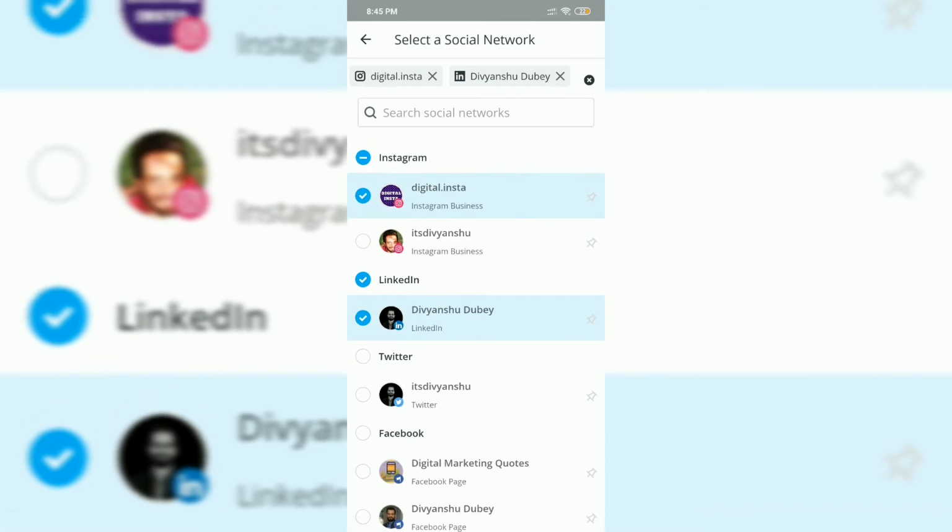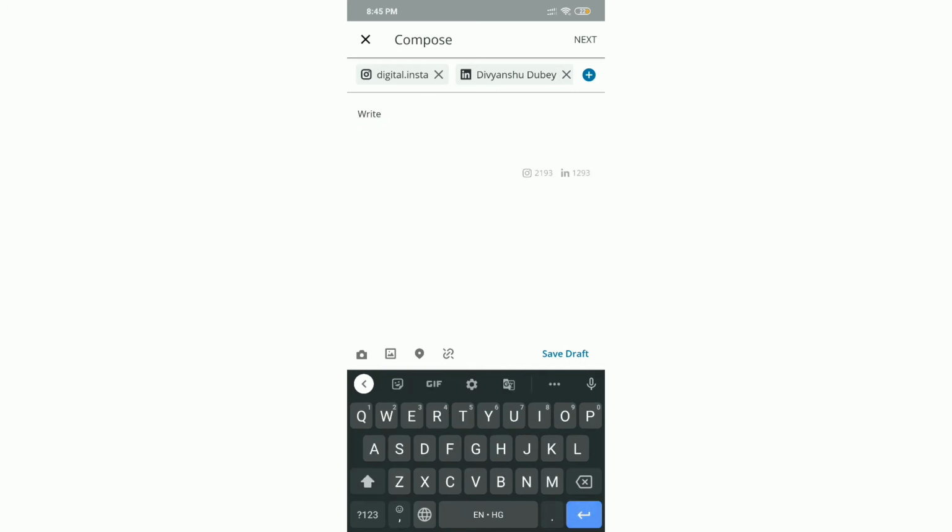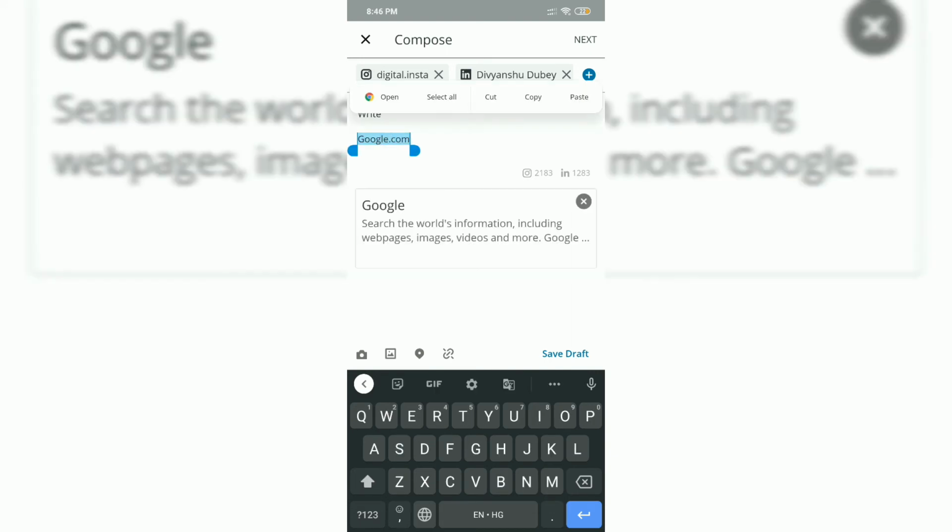It will also show you the number of characters that you can use. And let's say I want to use a specific link, let me add google.com, and I want to shorten it. At times you might be using longer links, so if you want to shorten them, there is a link shortener available over here.